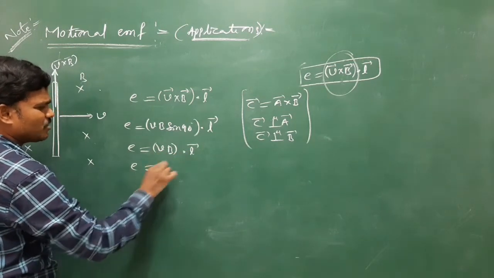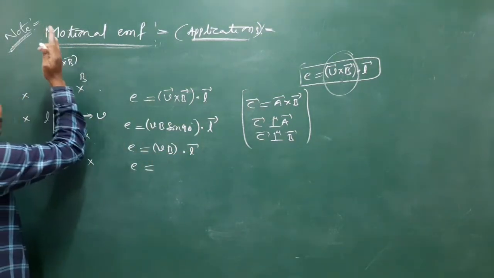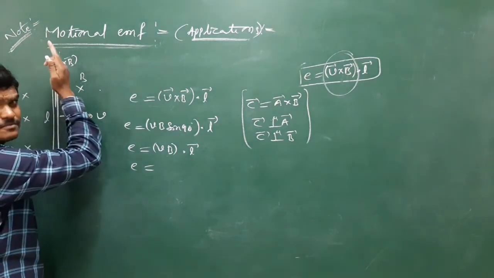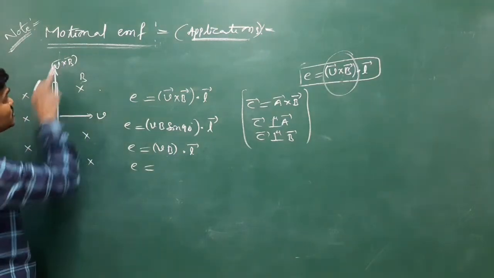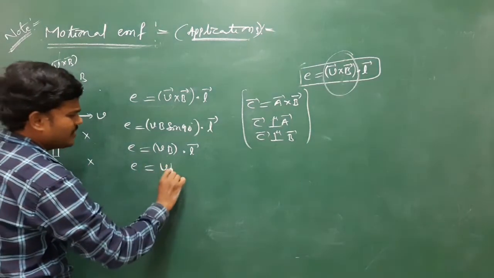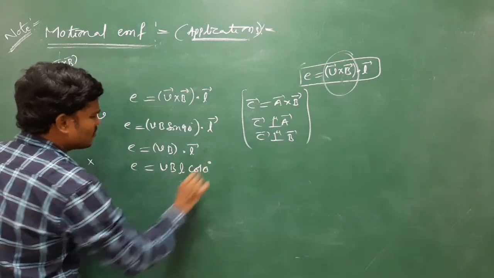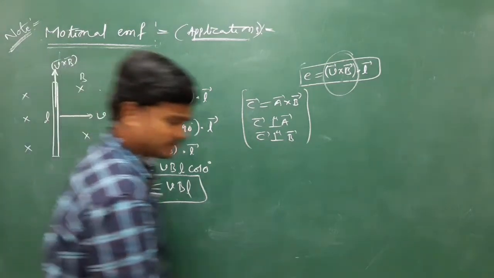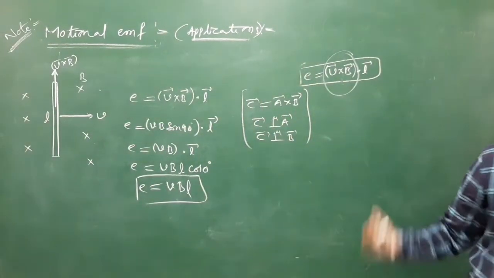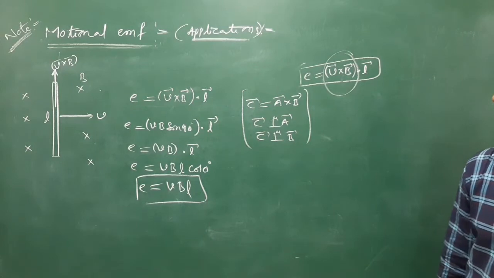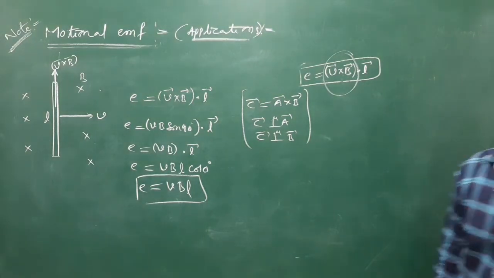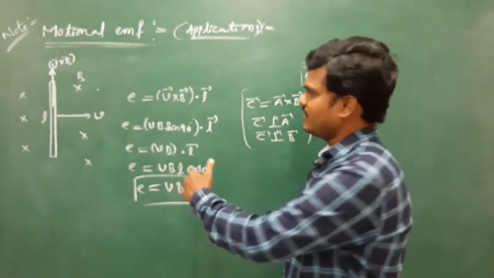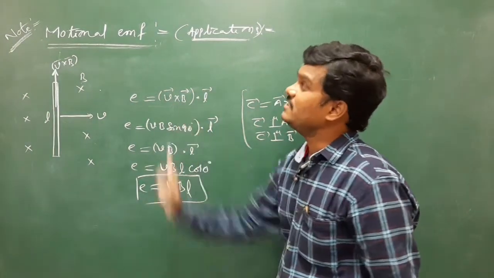What is the direction of V cross B? V cross B is the y-axis, L is the y-axis. Then what is the angle between V cross B and L? These two are parallel, so VBL cos 0. Then what is the answer again? VBL. See, so many situations. Don't get confused. Try to understand the concept. So BVL I got. Of course, if all are perpendicular to each other, directly you can write BVL. That is the better way. But see the way: the direction of V cross B is upward.